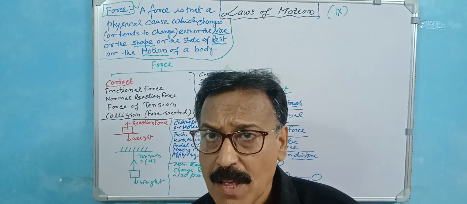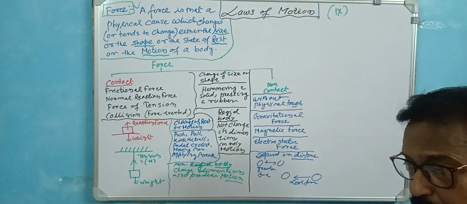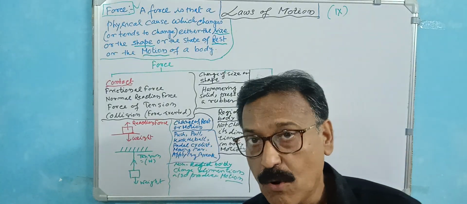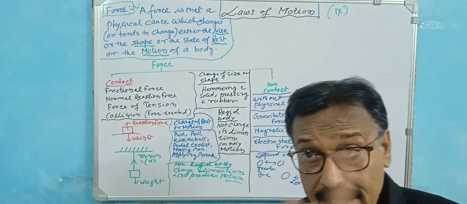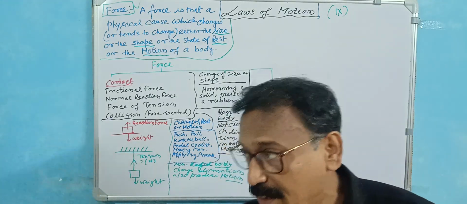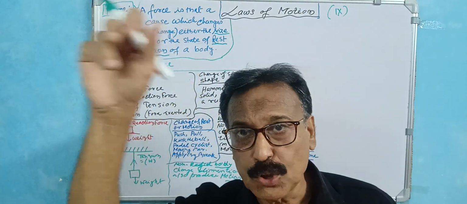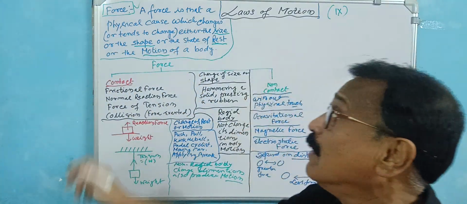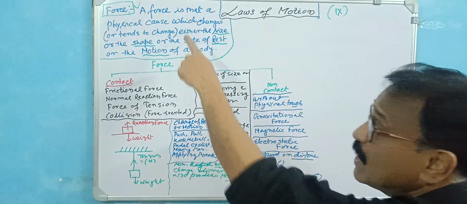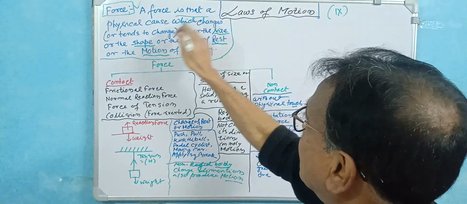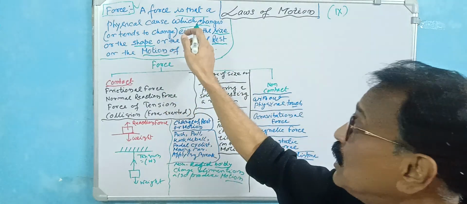The first thing, what actually is force? If you apply it, a certain effect is there. What is heat? You cannot see it, but the effect of heat is temperature. A rise of temperature means increase of heat, a fall of temperature means decrease of heat. So force also is a physical thing. Write down: a force is a physical cause which changes